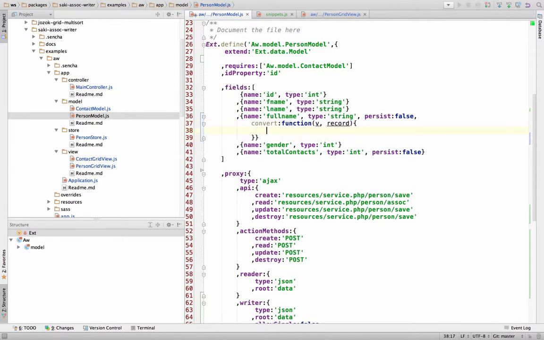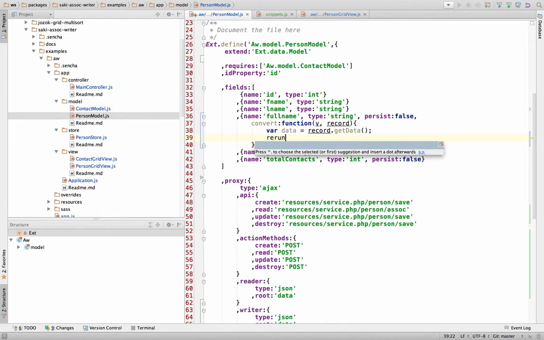Now let's take existing data from the record. And we return, if we have first name, then first name plus space, and if we do not have first name, then empty string, plus